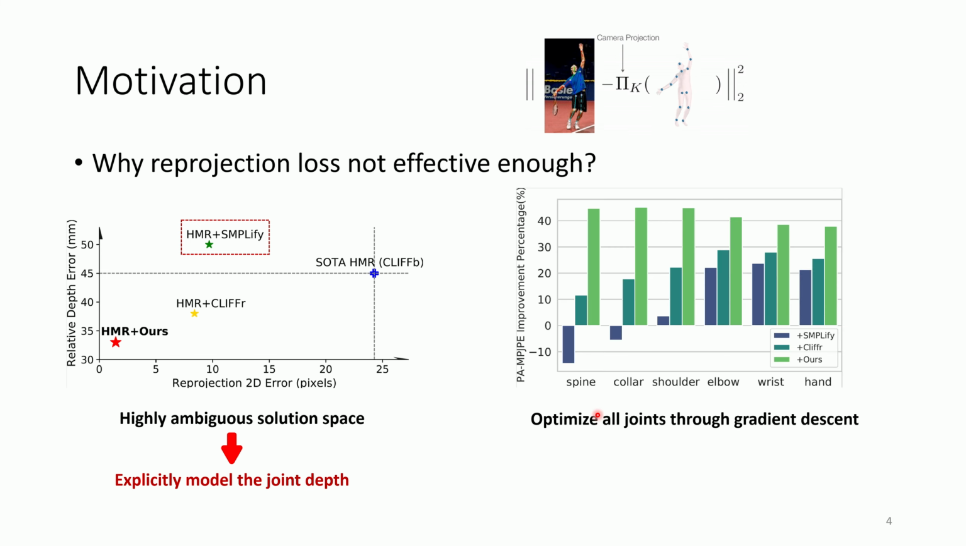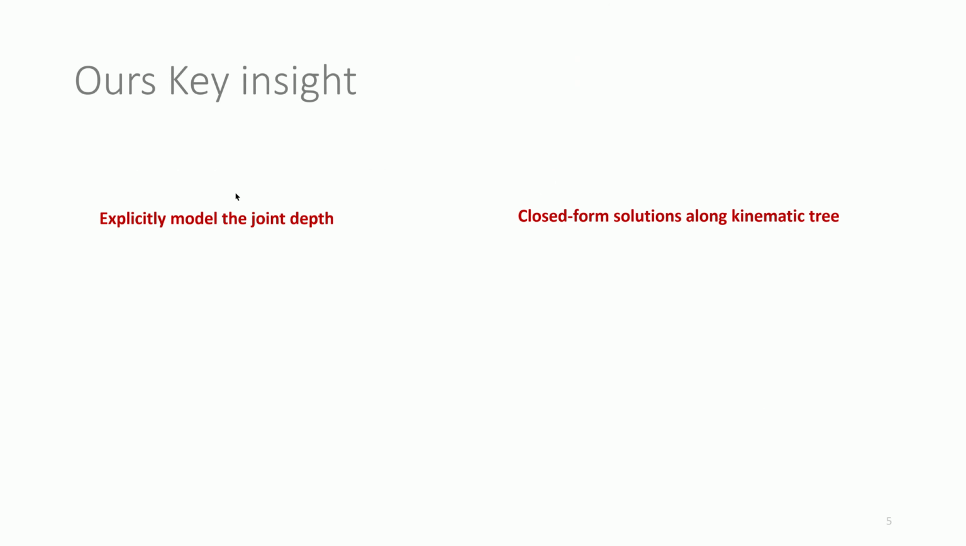Second, refinement tends to favor end joints, like hand or foot, over joints closer to the root, like shoulder or collar, due to divergent gradient updates. Therefore, can we derive a closed-form solution and take the kinematic tree into account? Motivated by the above two drawbacks,